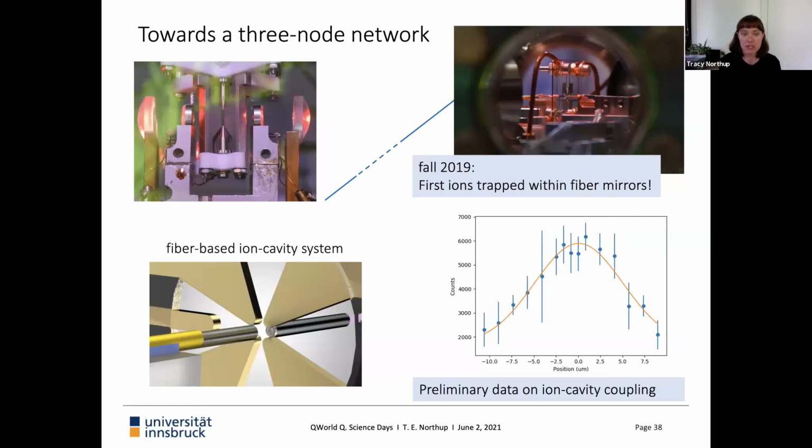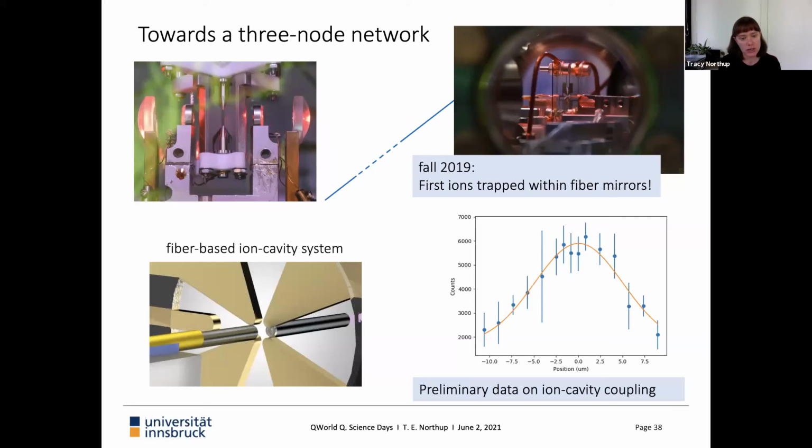Something that I won't have time to talk about today, but that we've recently put on the archive, is work where we've analyzed the role of the dielectrics of having these fiber mirrors so close to the ion trap, and whether that is compromising the computational ability, essentially whether that's heating up the ion, which could lead to infidelity in the gate operations. So we're very interested from this technical point of view in the extent to which the cavity might disturb the ion trap potential.